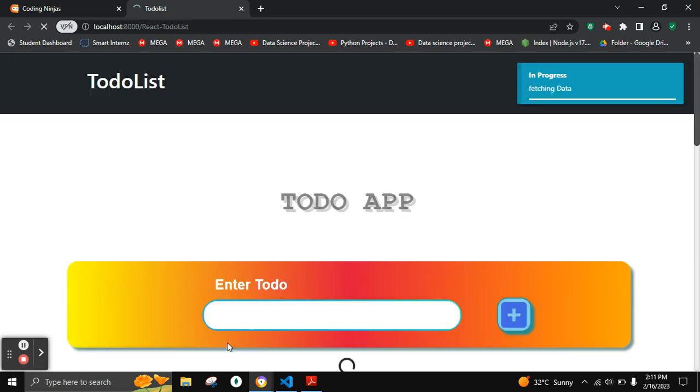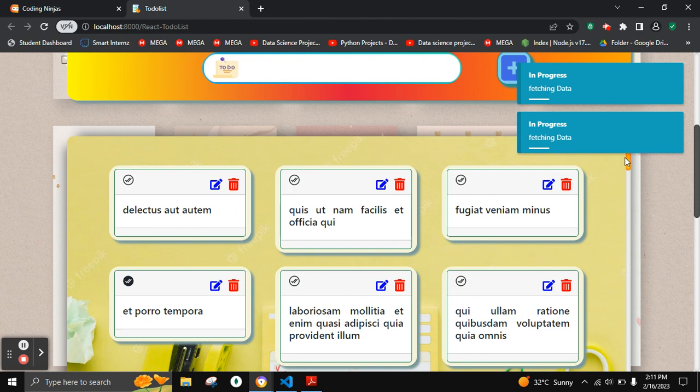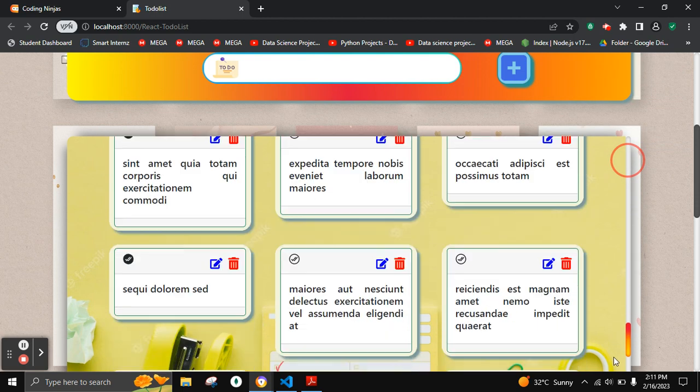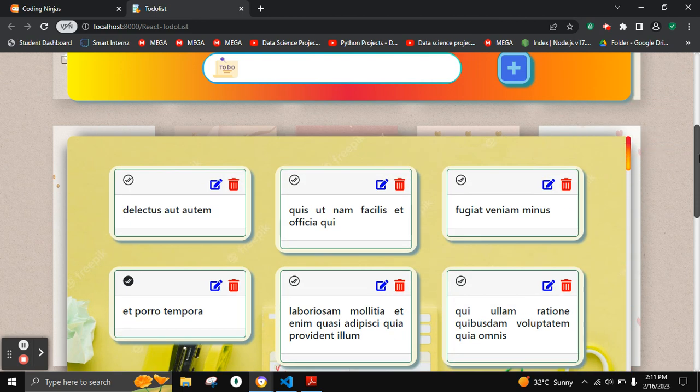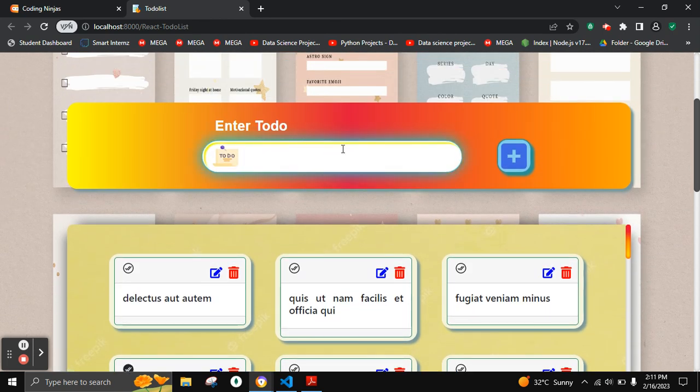So this is the output section. So here we are fetching first of all the data from the API. So these are the various data already present in the API. Then in order to add a particular task, we will write here as,